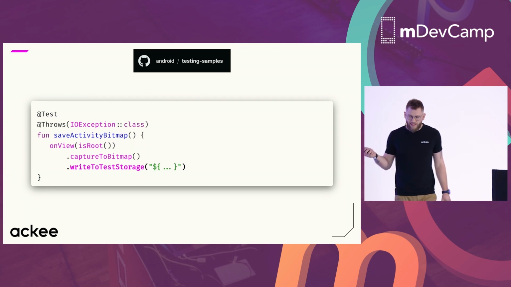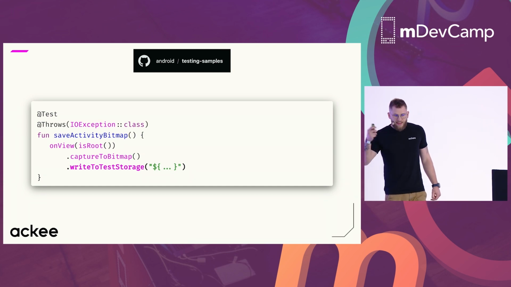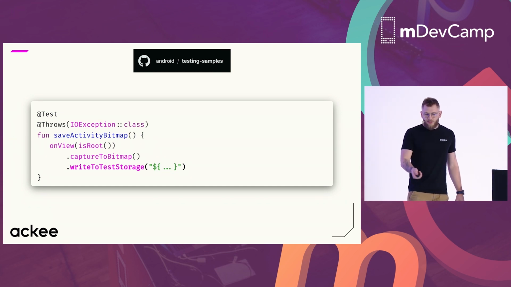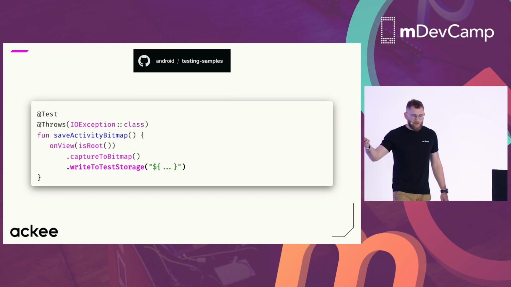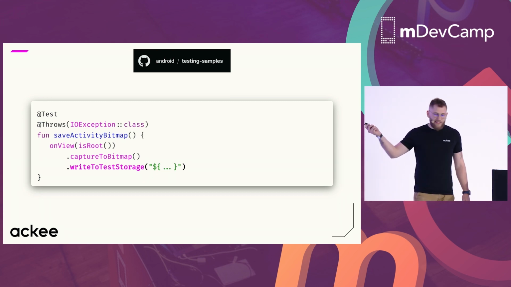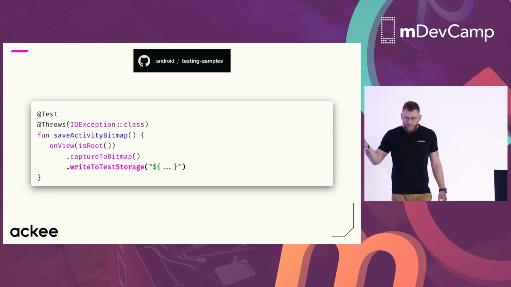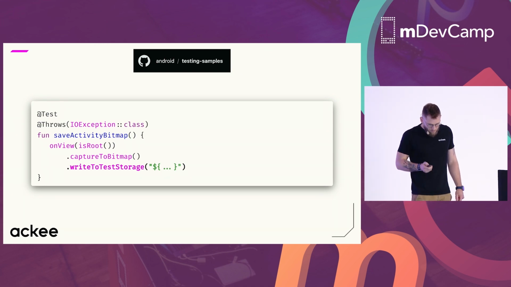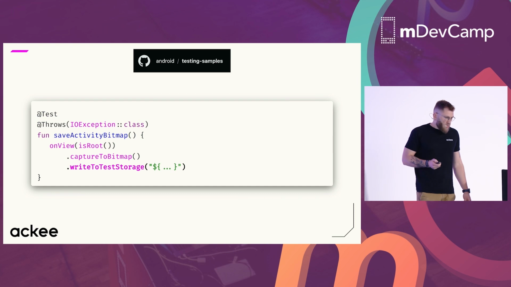So it means that if I run the tests on the Gradle Managed Devices and I store the images to this test storage, I don't need to bother with pulling the images out of the device, because it is done automatically by this Gradle framework. So